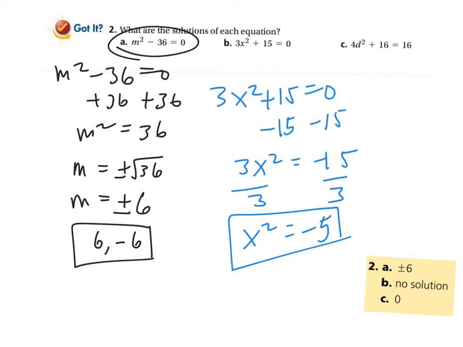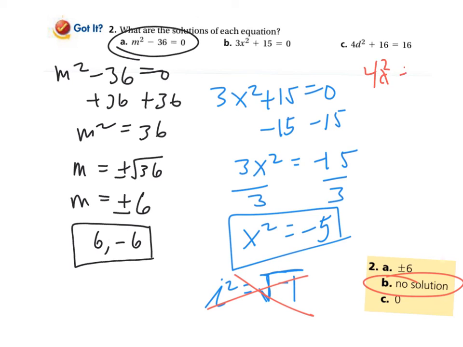Now when we get to imaginary numbers, yes, there is that possibility, because technically i squared is negative 1, but we're not ready for that yet, so don't sweat that piece. We would just currently say there is no solution with real numbers. Then our third one,